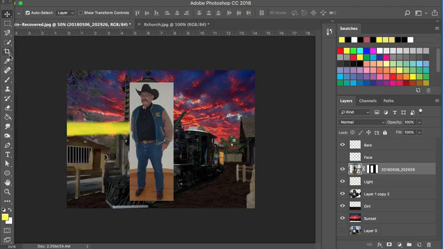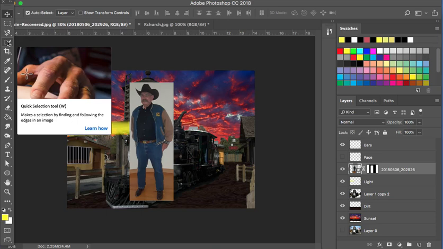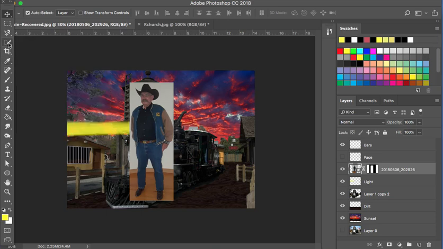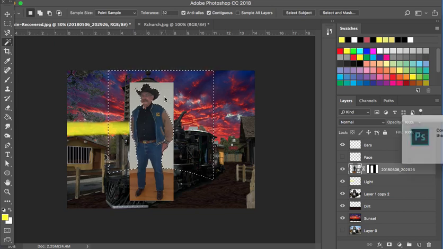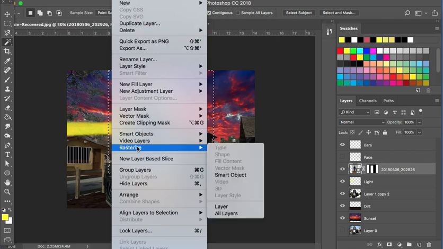So let's go ahead, and you're supposed to put yourself in there. I'm going to use the magic wand, and I'm going to select this background portion. I'm going to hit delete. Because the smart object is not directly editable, we now need to make this object directly editable. To do so, you go up to Layer, and if you